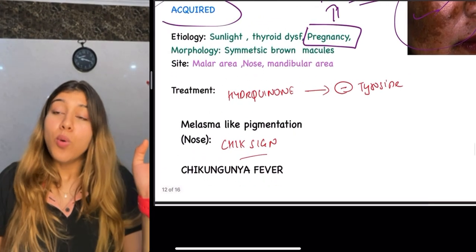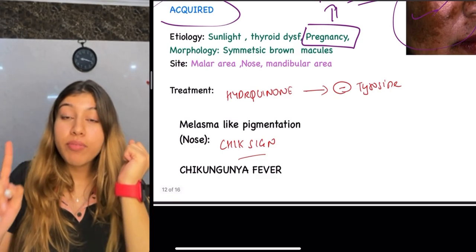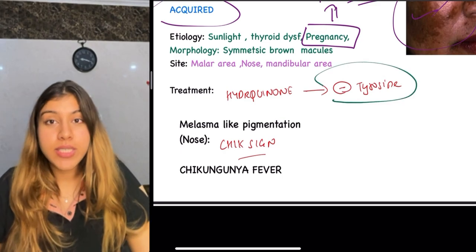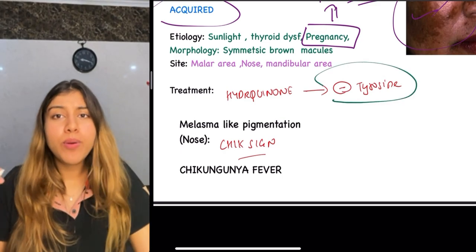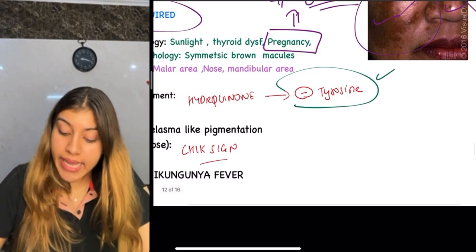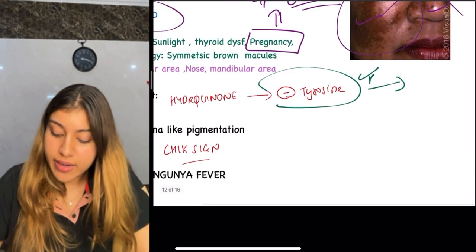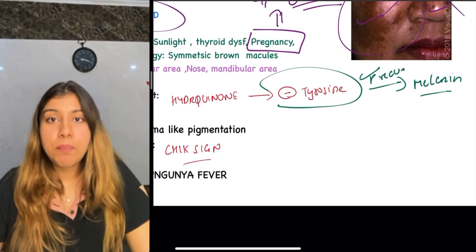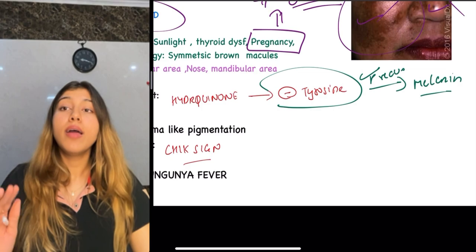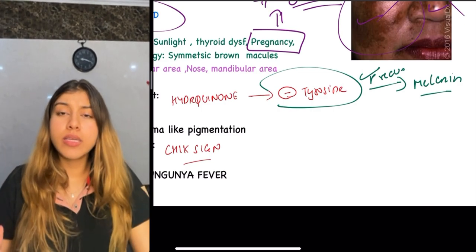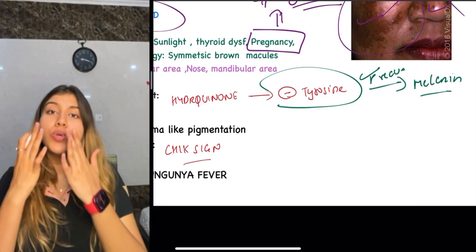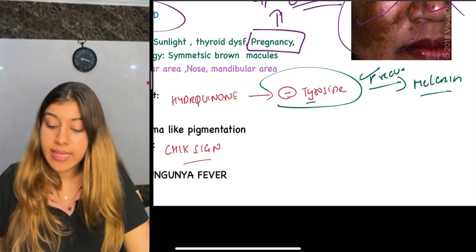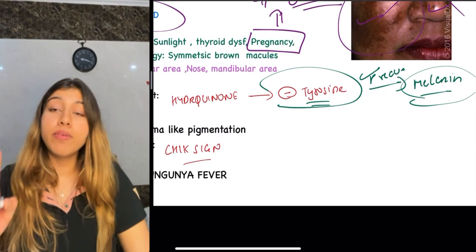Now, what is going to be the treatment, guys? I'm going to give hydroquinone. Why hydroquinone, guys? Because it inhibits tyrosinase. Why do I want to inhibit tyrosinase, guys? Because tyrosine is a precursor for melanin, right? And what is causing this hyperpigmentary disease? So if I block my tyrosinase, there will be almost no production of melanin, so the hyperpigmentation will reduce here. So you need to know tyrosine is a precursor for melanin. That is why I'm giving hydroquinone.